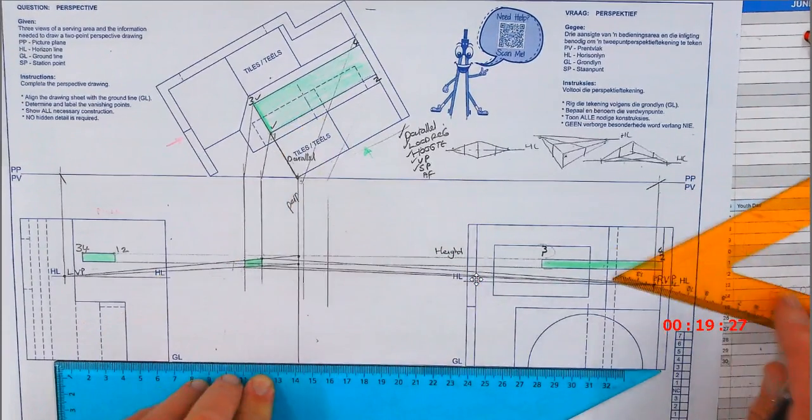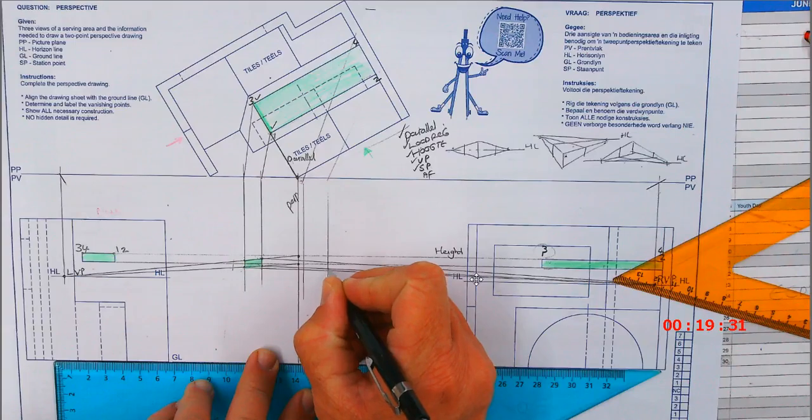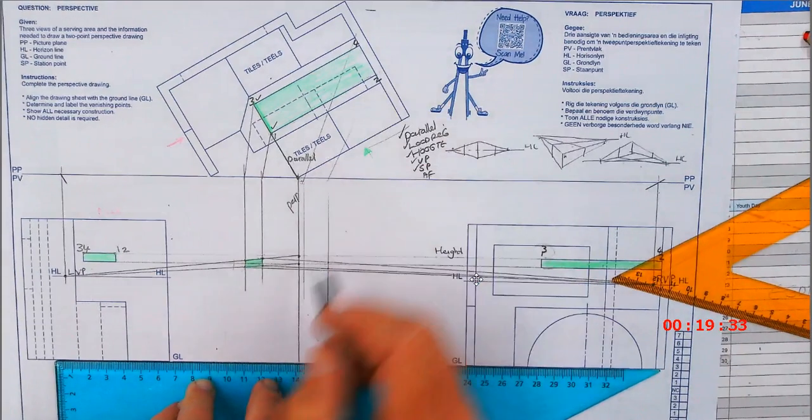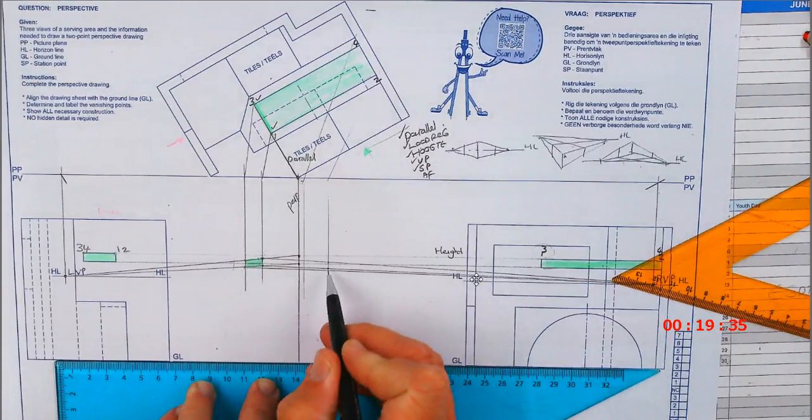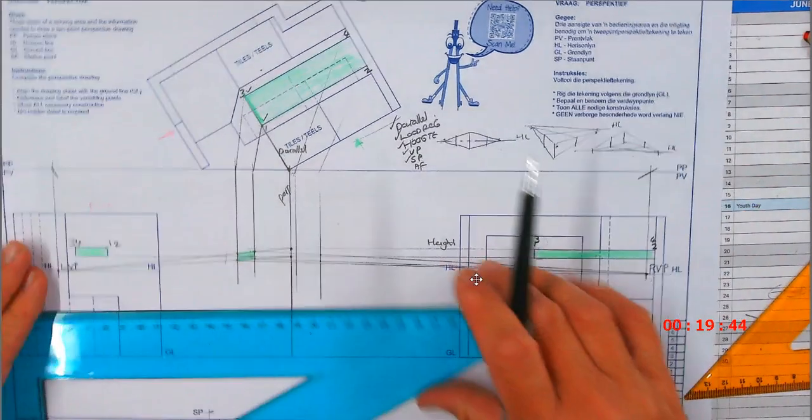Now this should give me a point over there, a point over there, which is the front bit. This might look a bit weird to you, but these 2 points also need to go to that vanishing point.